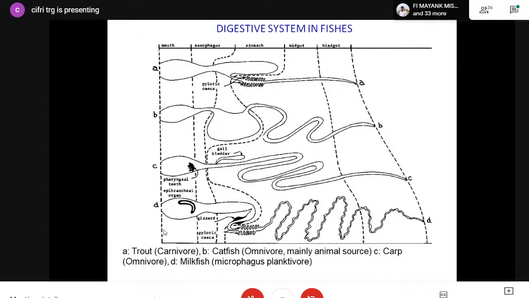If you can ensure these few points, like the ingredients, whatever you are using, should be finely powdered, so that every bit of feed gets in touch with the digestive enzymes, so that it becomes easily digestible. That's why we have to make it a very finely powdered ingredient. The second thing is that it should be cooked. It should be semi-digested. So some of the digestion should take place